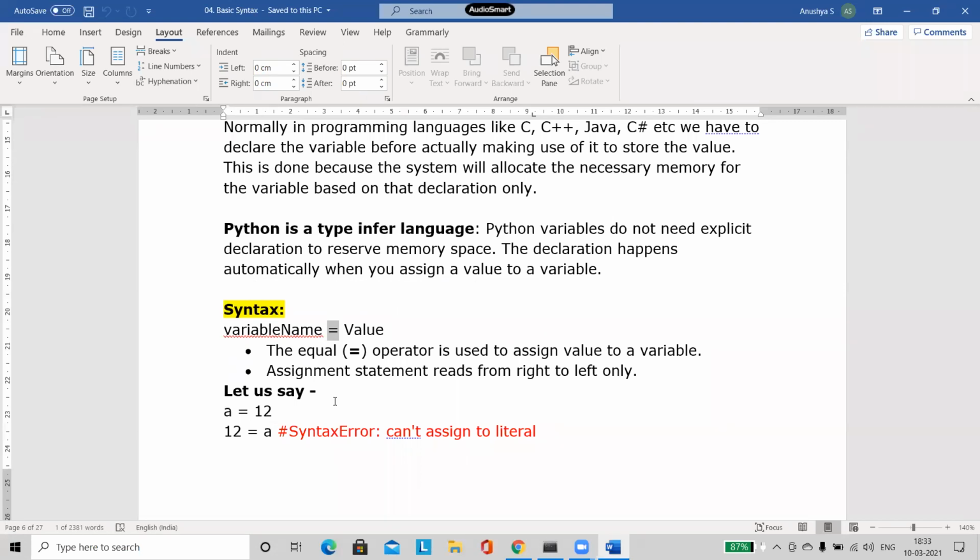And what is the purpose of the equal to? Whatever value you are giving on the right side, that value is taken and it is stored inside the variable name, which is on the left hand side. So always remember, equals to whatever the value which is there on the right side is taken, and it will store the value to the variable name which is there on the left side.